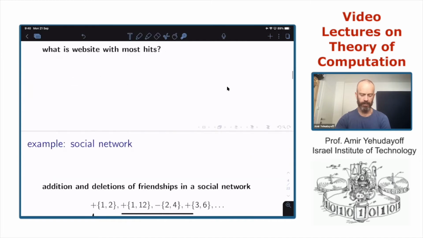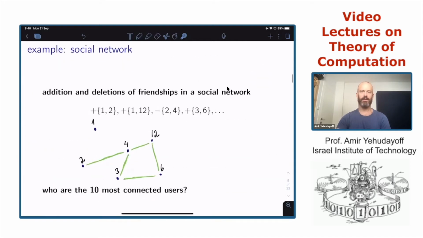And the third example is maybe slightly more elaborate. So here there is some graph. The vertices of the graph are numbers, integers, and the stream of data is addition and deletion of edges, of connections between two vertices.